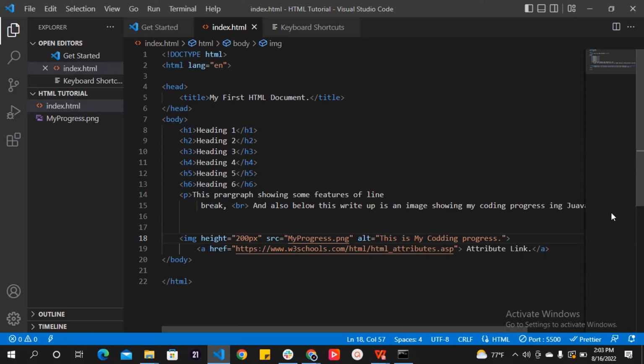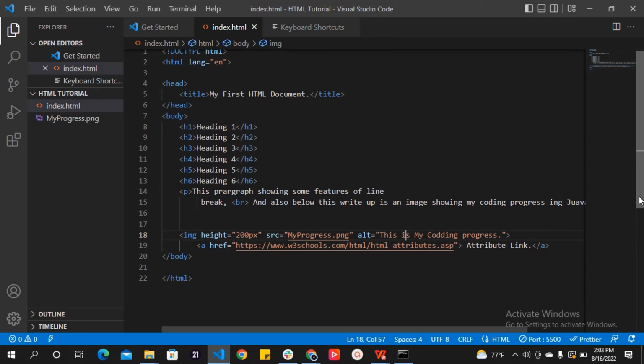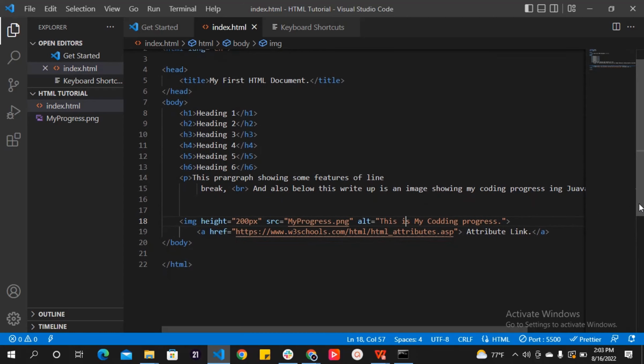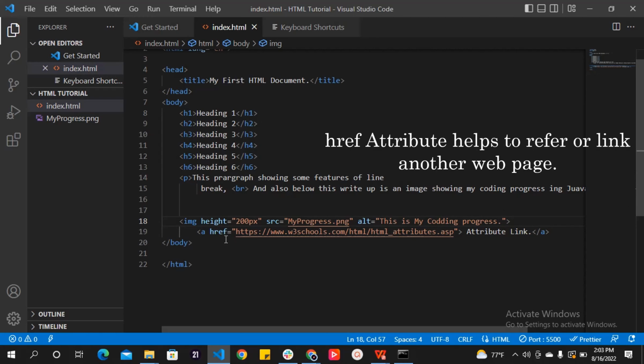So the other attribute I'll be letting you guys know in this video before I leave you is the href attribute, an attribute that helps you to refer to other web pages. For instance, if I open this on a web browser,